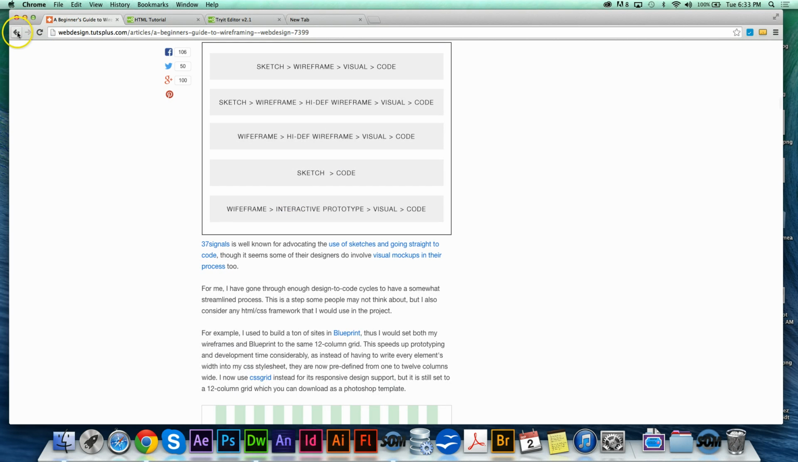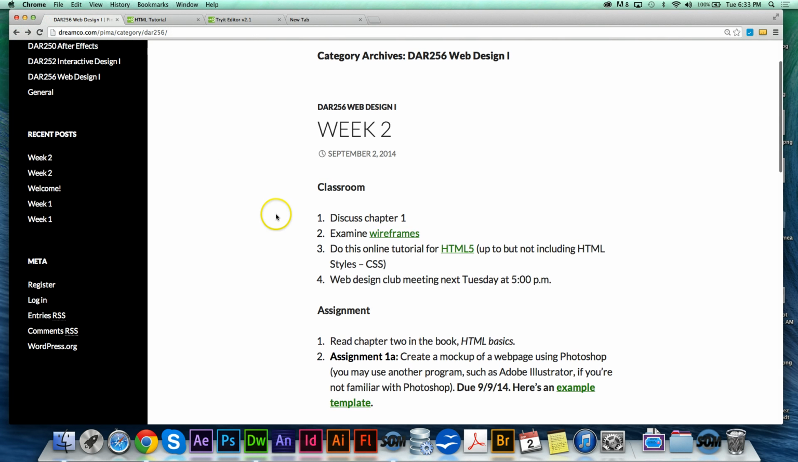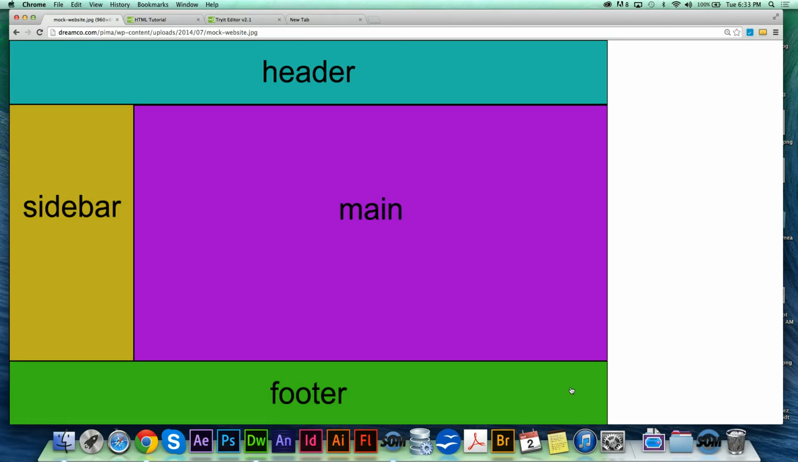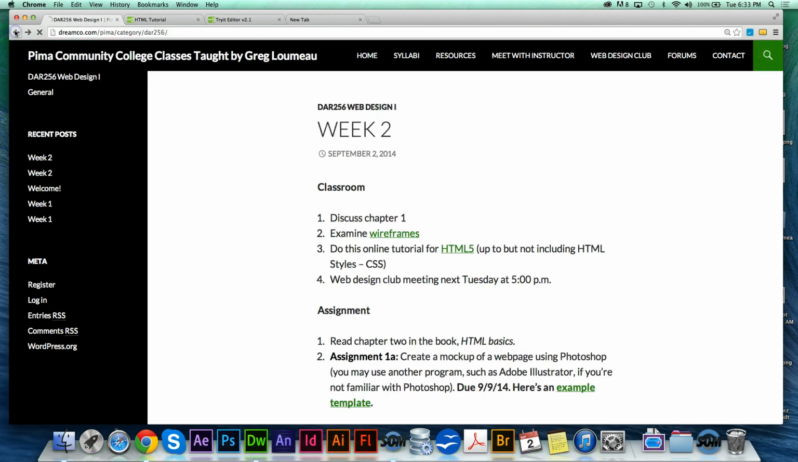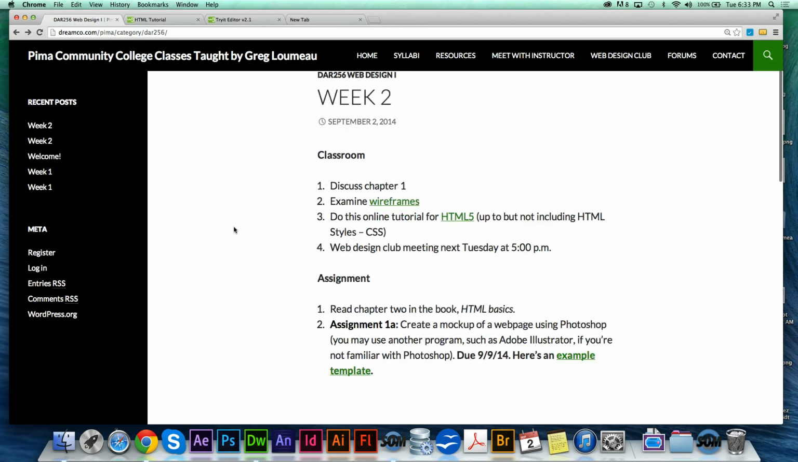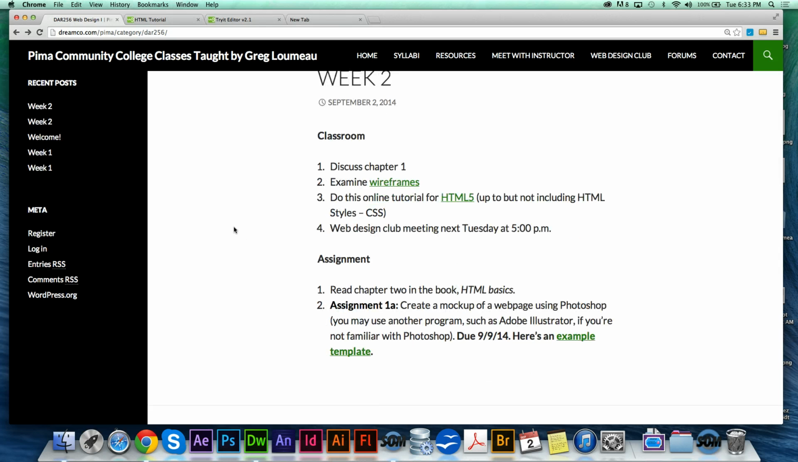I'll show you what we're going to do. If you go back to our website and down where it says assignment, and it says here's an example template, we're going to do something a little more simple like this for our first wireframing, right? So what I'm going to ask you guys to do as part of your assignment is to make a file in a program like Photoshop or Illustrator or whatever you're comfortable with and create a wireframe, which would basically be